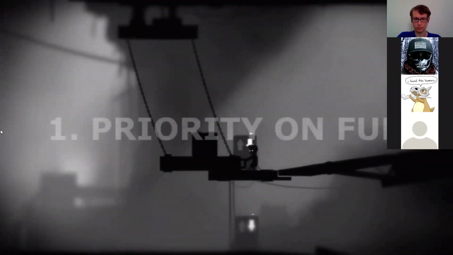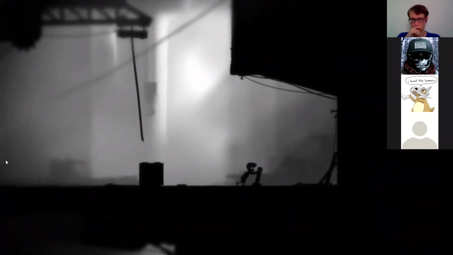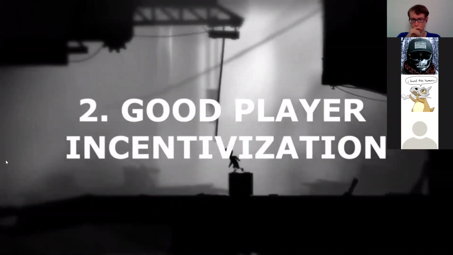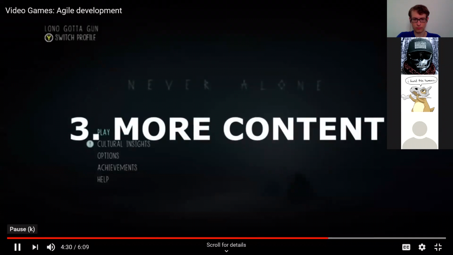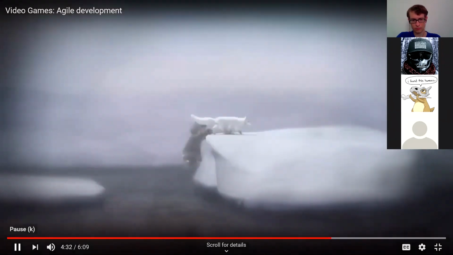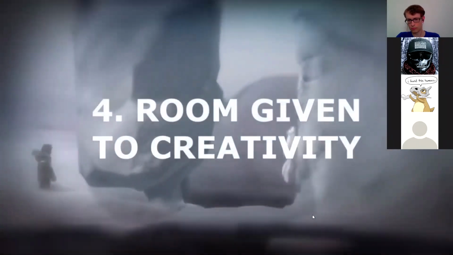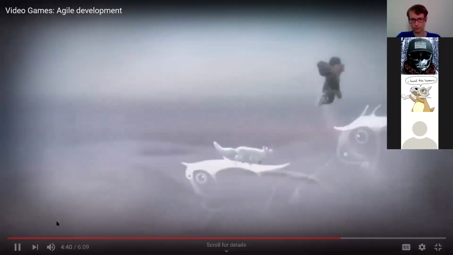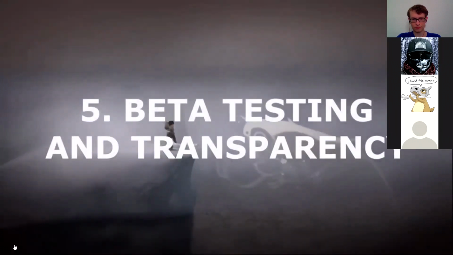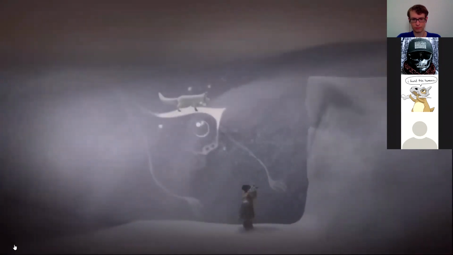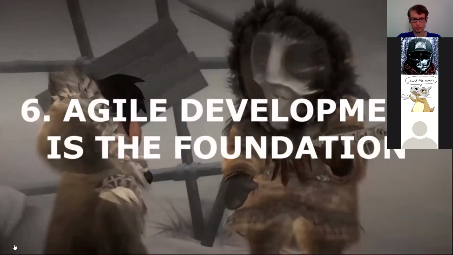All of these things I've talked about need to coexist in the same space and feed off of one another. You need a sharp focus and a priority placed on fun instead of pitting the game against the user, and player behavior needs to be considered and properly incentivized. Games need to be built in a way that makes adding content more easy and delivered at the initial launch of the game. Creativity needs to be fostered and encouraged, with deadlines and corporate demands pushed back further and given more flexibility. More testing and transparency with gamers will help the quality of games increase. And then lastly, underneath all of this, the development needs to undergird and touch all these things.